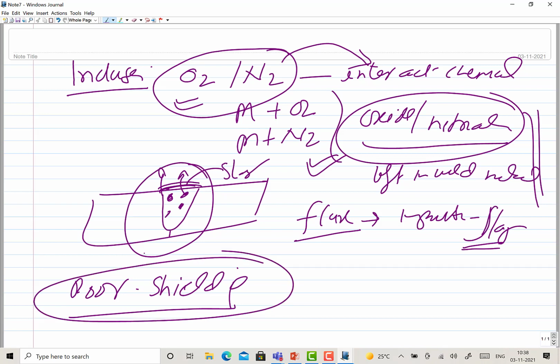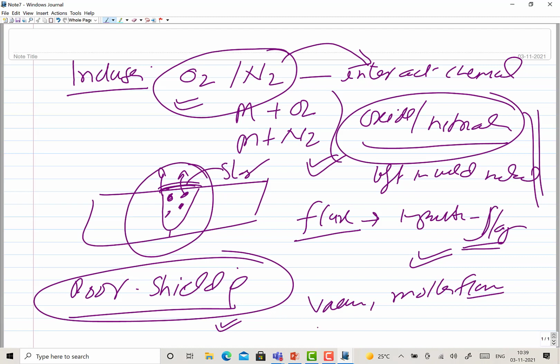These tendencies will not be there with electron beam welding, where we use vacuum, or the tendency is also less in TIG welding, where very firm protection of the inert gases is used. Likewise in plasma arc welding also. So the tendency of these inclusions is reduced if we have proper shielding. Okay, so shielding either from vacuum or from the molten flux, as in the case of electroslag and submerged arc